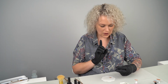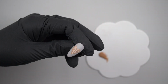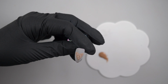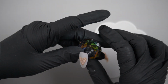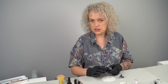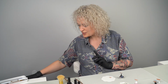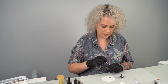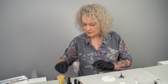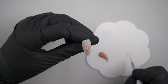I like it, but I feel like it needs a bit more definition around the heart. So that's what it looks like, and I do like it, but personally, I feel like it needs a bit of definition around the edge. So what I'm going to do is I'm going to use some Rock Top Plus, and no I'm not going to use that. I'm going to use Ultimate No Wipe top coat. I'm going to just decant a little bit onto my silicone pad, and I'm going to use my artiste brush, and I'm basically going to go around the edge of my love heart